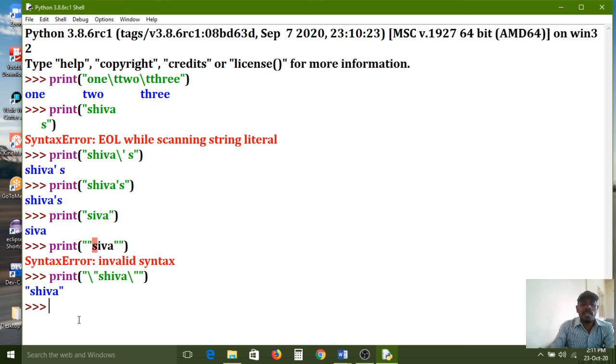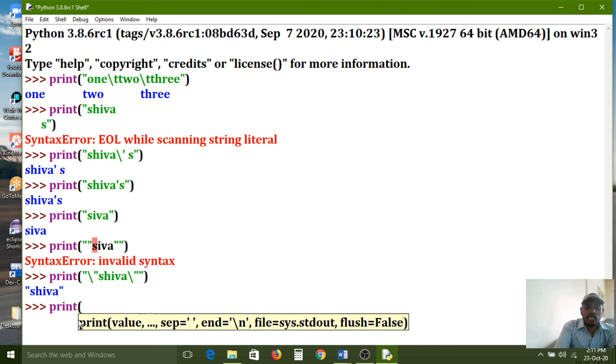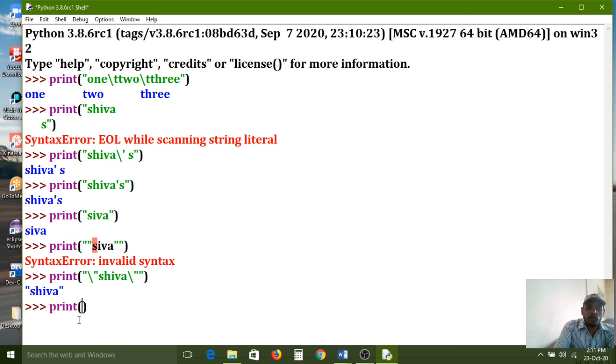But here we have one more chance also. If you want to print without escape sequence character, just opening bracket, closing bracket, opening single quotes and closing quotes. Okay na? In between, we have to use double quotes. Then it will print like that. Then it will print double quotes also.